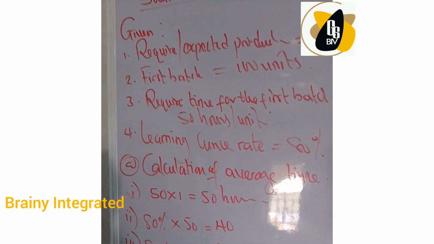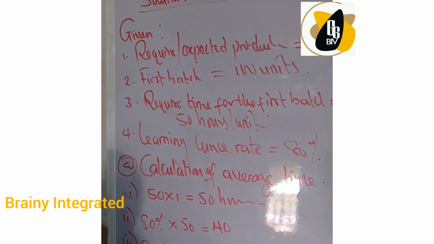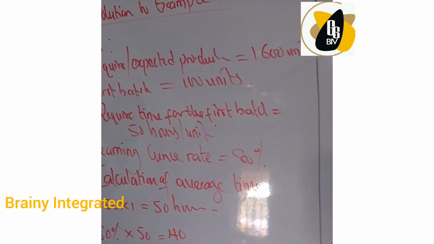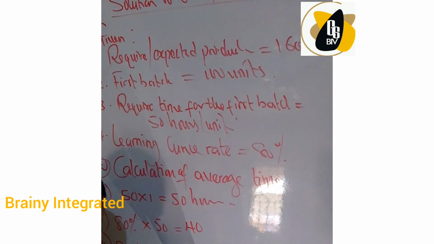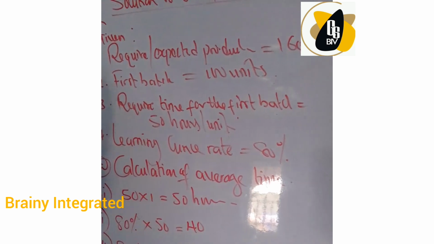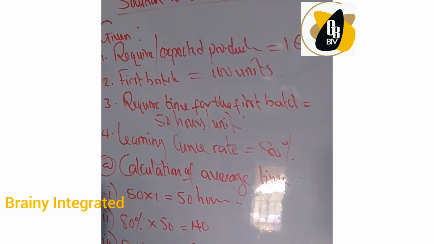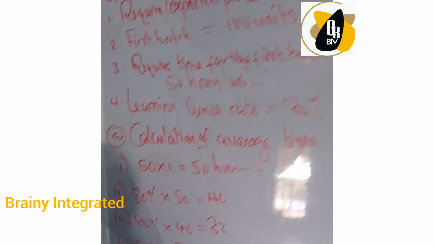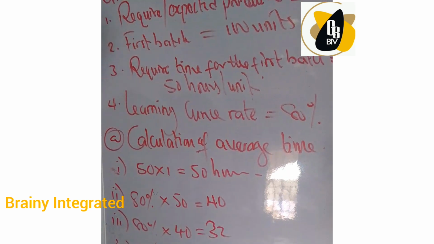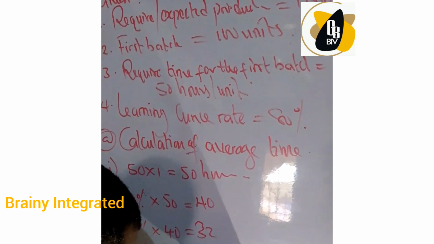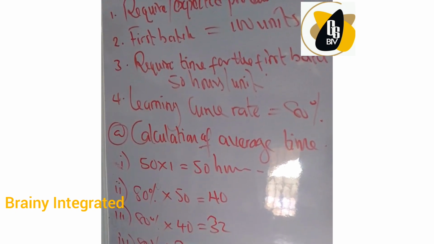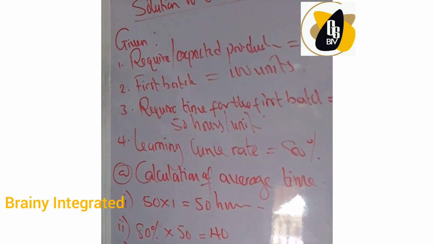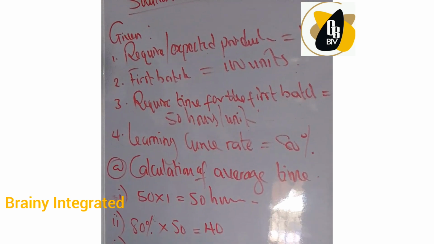Alright? And we'll apply it again, times 25.6, that will give us 20.48. Okay? And let's do it one more time. If we apply 80% on that, that would give us 16.38. Now, after you must have done this, the next thing to do is to put this in form of